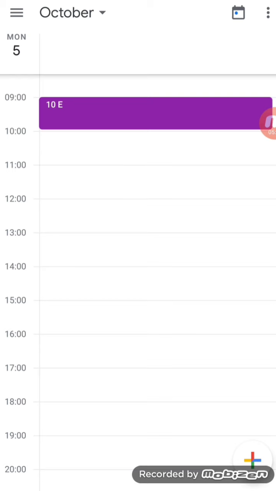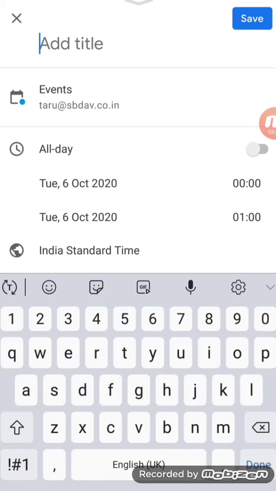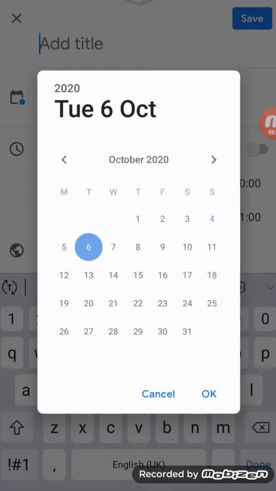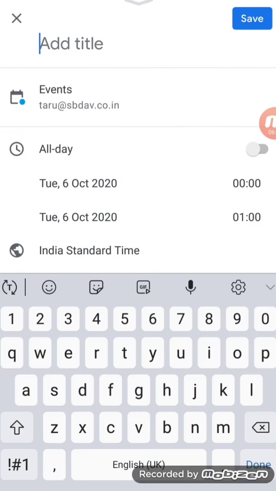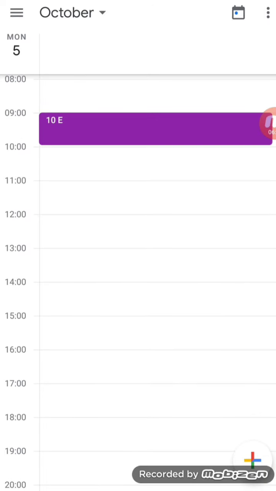Suppose the next event to be created is at 10:20 and the event is a class with 9C. So I will again press plus, then go to event, press upon the date and follow the same procedure, and make all events visible on this calendar. And once these are there on the calendar, you can simply press and go for your classes or different events.